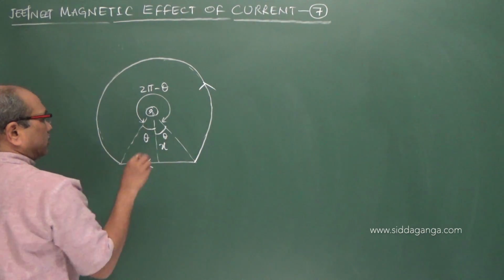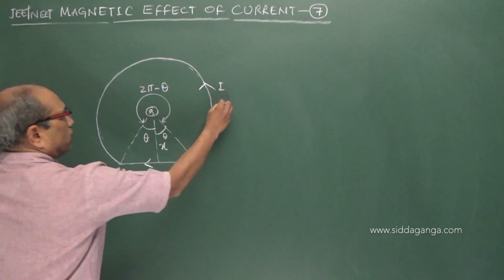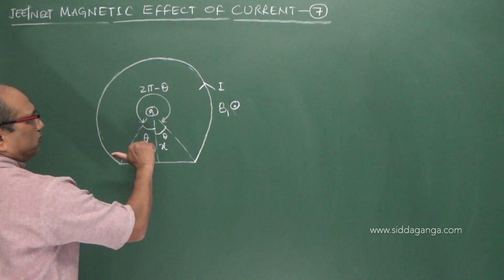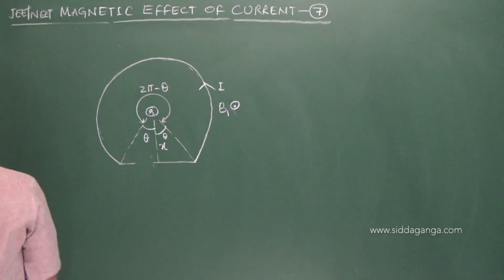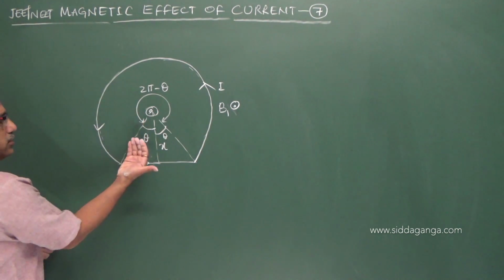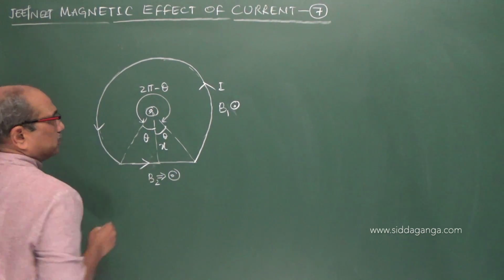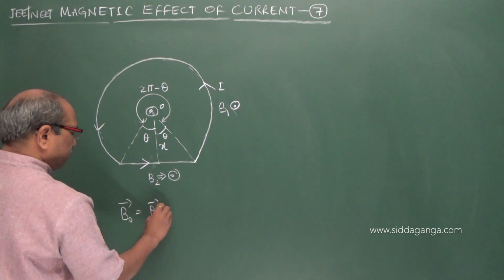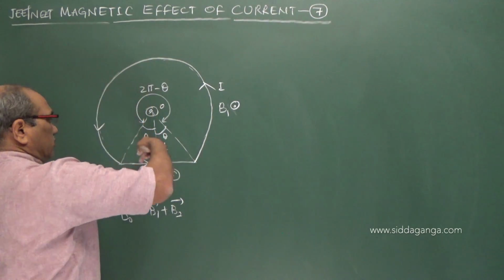Current is flowing in this direction. It is anti-clockwise current I. You know, the field produced by this will be outward. And here also the current is flowing, but it takes the current, so the current is opposite here. As the current flows through this in the opposite direction, we see that it also produces the field outward. B2 is outward. So the net field at the center, if you want, is B1 plus B2. Both are outward.